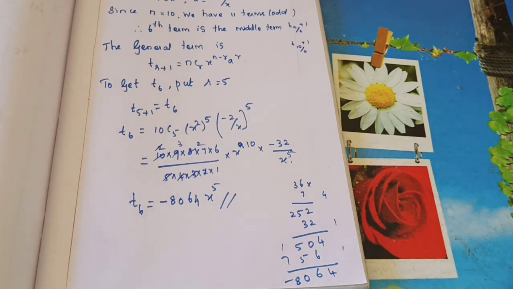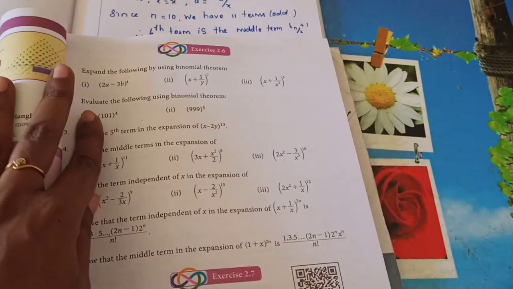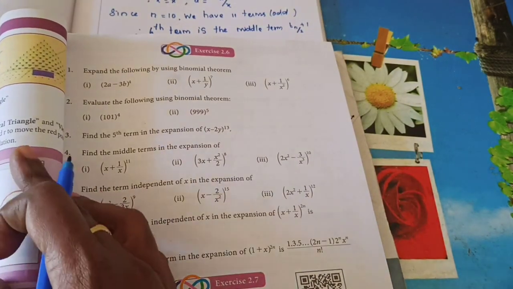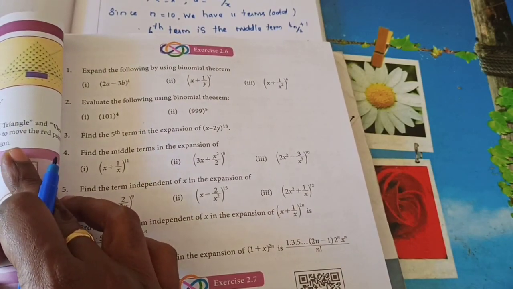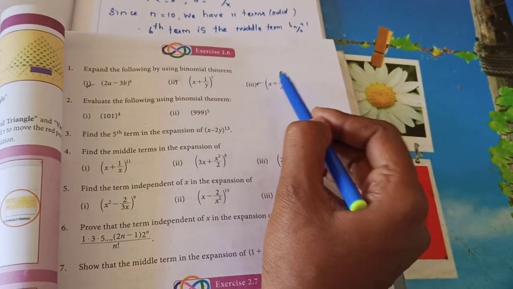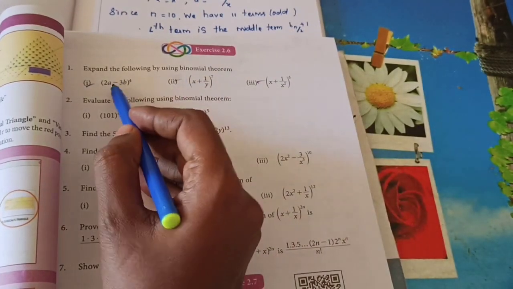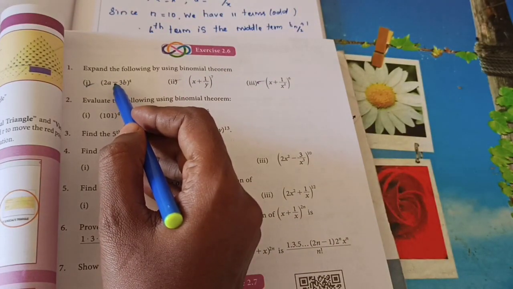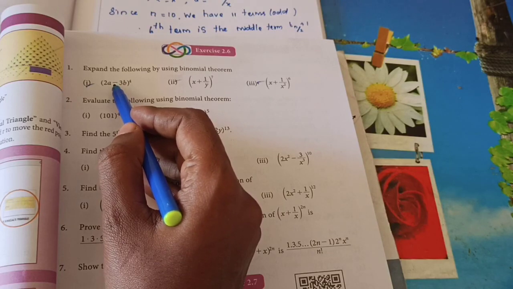Okay students. So from the next problem onwards, we will continue in the next class. So now it's time to give the homework for you. All of you take your book. Exercise 2.6. Take down the homework please. Take down your homeworks please. First Roman homework 1, 2, 3. Here when you are comparing with (x + a) the whole power n, together with the symbol you need to take.